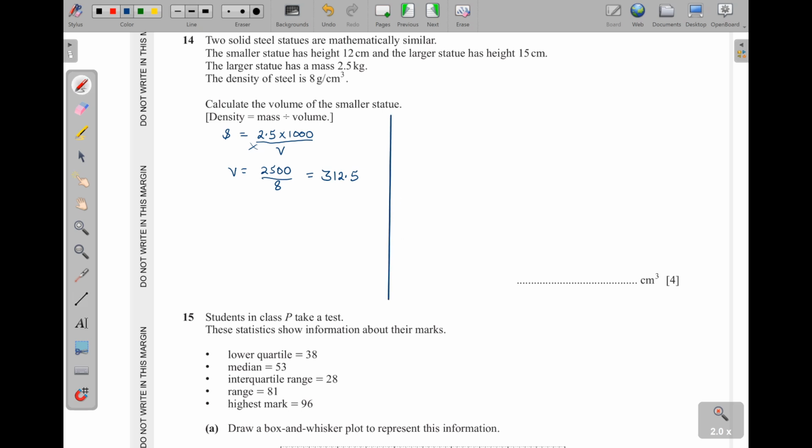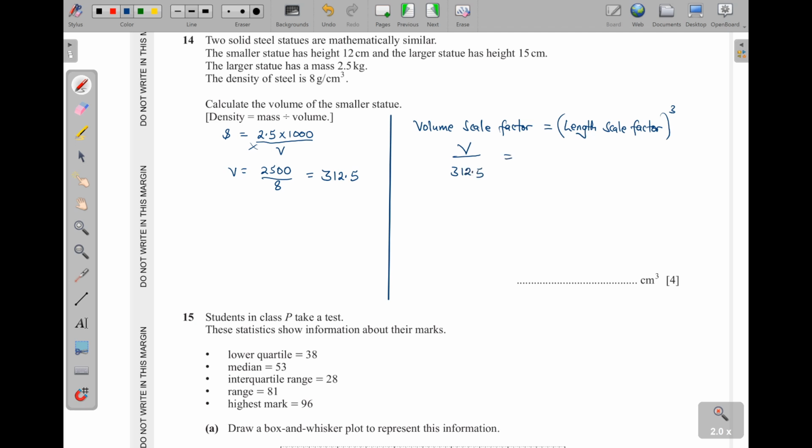Now, volume scale factor and length scale factor are connected. Volume of anything is in cubic units, but length is always in units. So the volume scale factor is equal to the length scale factor cubed. Meaning the volume of the smaller one divided by the volume of the bigger one I've calculated